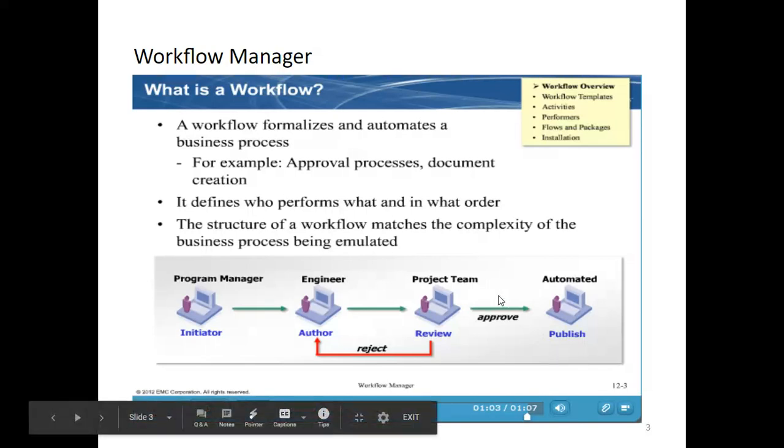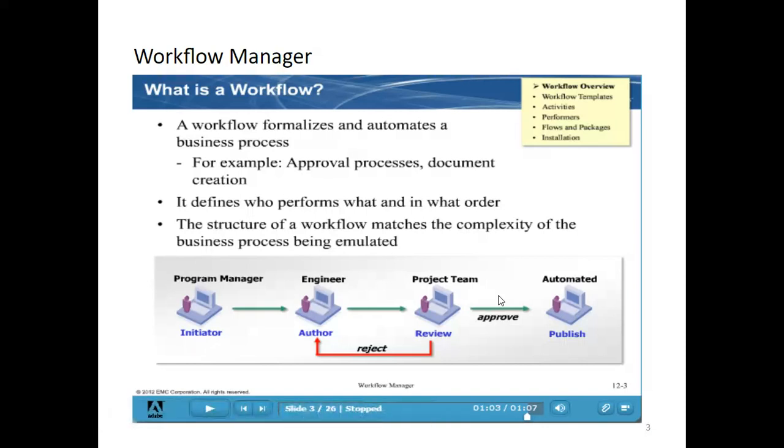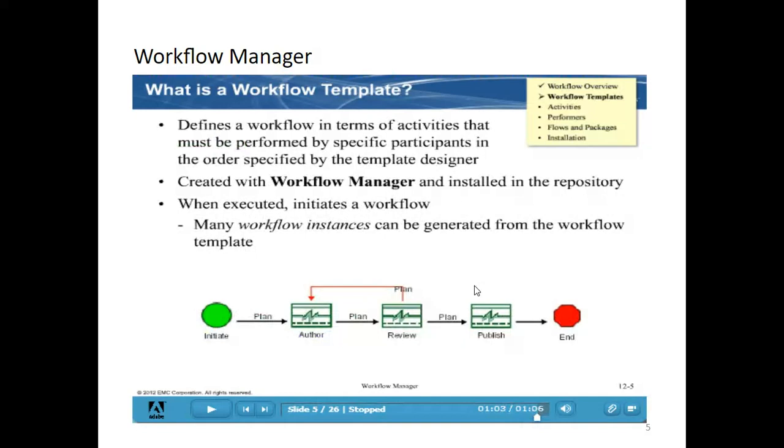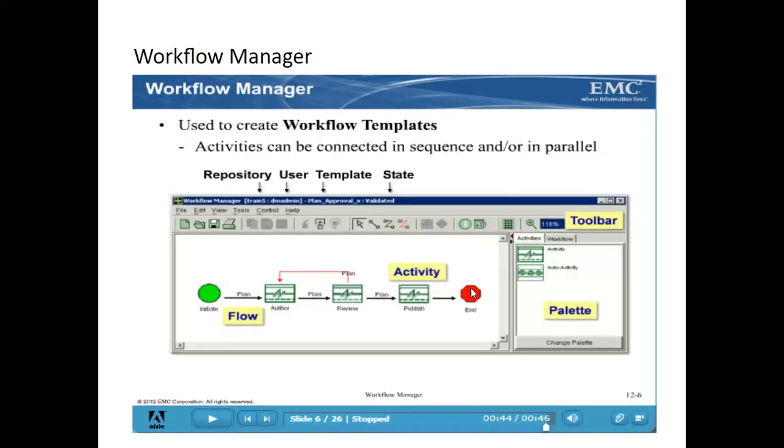Let's see technically how the workflow template is defined using Workflow Manager. This is the Workflow Manager. Okay, so you can see the basic structure of the workflow: initiate and end. These two options will be there. In between, these are all activities.